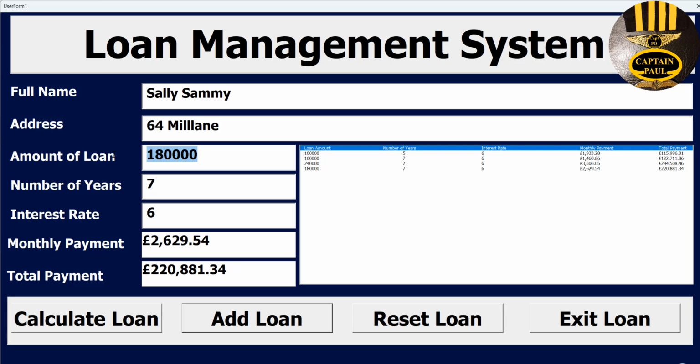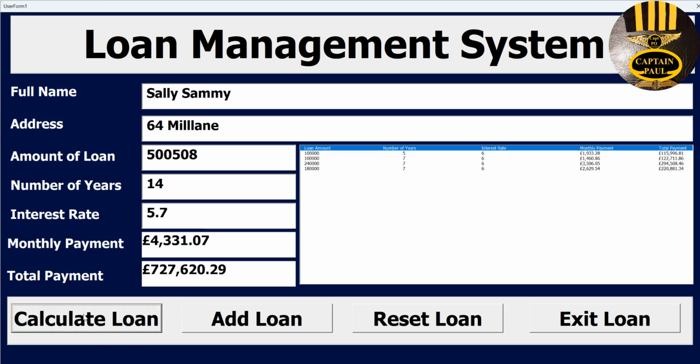She wants to take a loan of about 500,000, and she intends to pay it all off in 14 years' time at the interest rate of